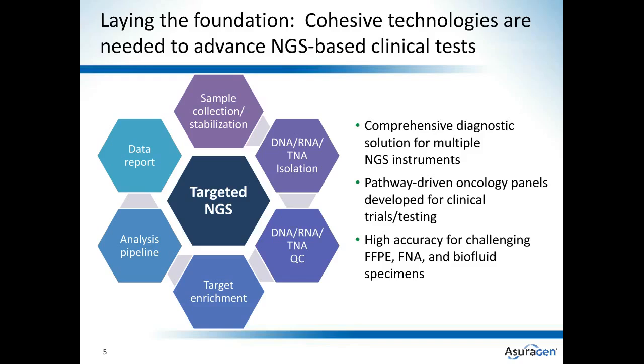In areas where there have been lapses in these workflows, like in-process QC metrics and assays, we've developed those assays where necessary. And one of the ones I'd like to talk about today is the QFI DNA assay, as well as a QFI RNA assay. And then target enrichment, our focus has been on PCR to enrich for targets of interest because it's so well vetted for diagnostic purposes. We've built large-scale multiplexes using this methodology that can ensure even coverage. And then ultimately channeling this information into the analysis pipeline to be able to make confident calls that are relevant